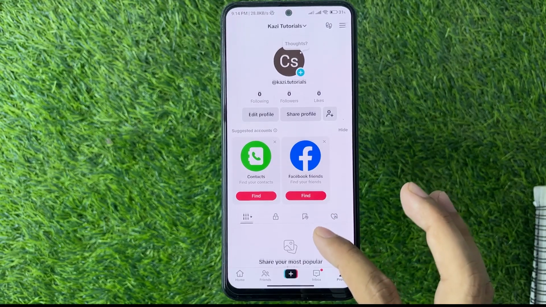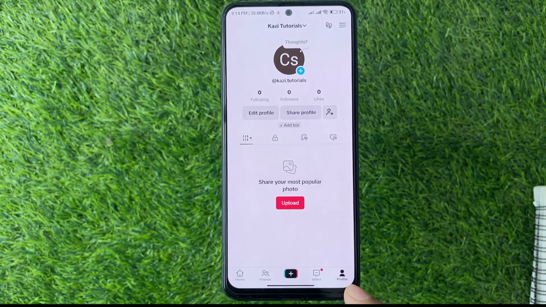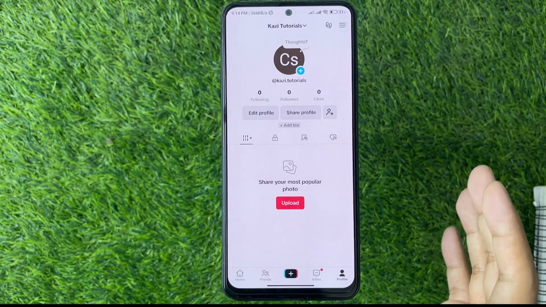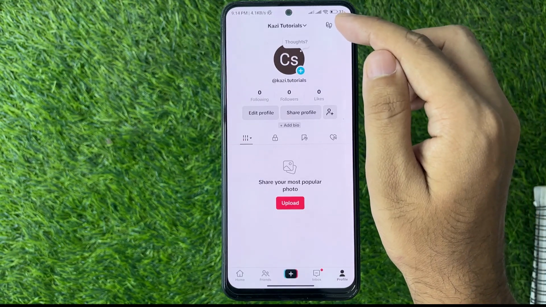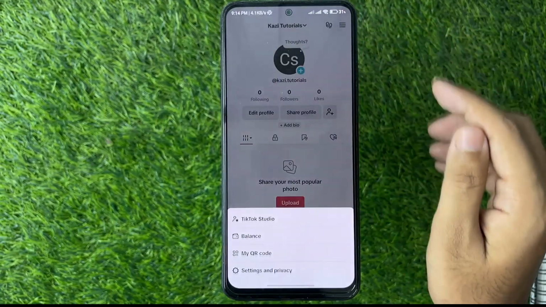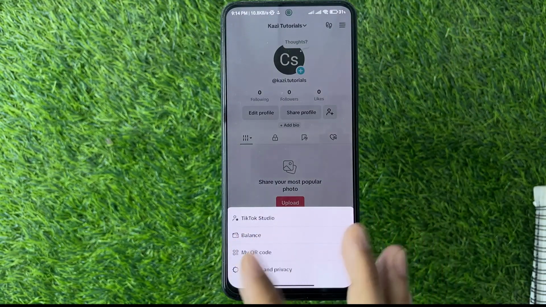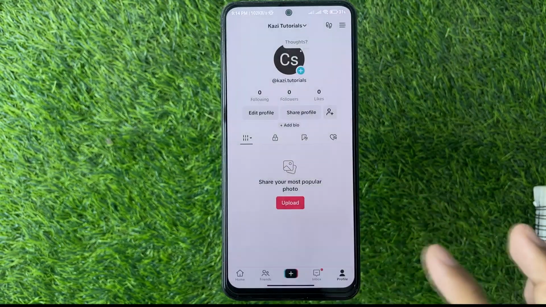And from here, you need to go to the bottom, you will probably see the profile icon. So simply tap on the profile and you will get into the profile. Then on the right upper side, tap on the three dots, and then you can see the TikTok Studio option. So select that one